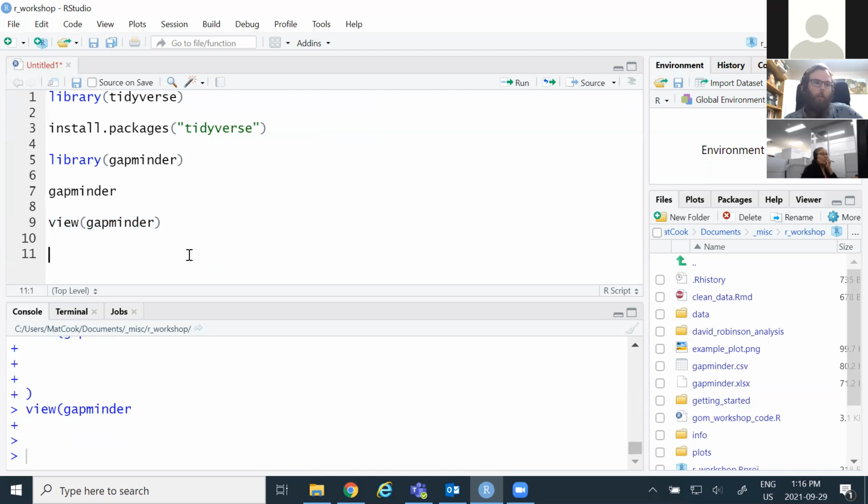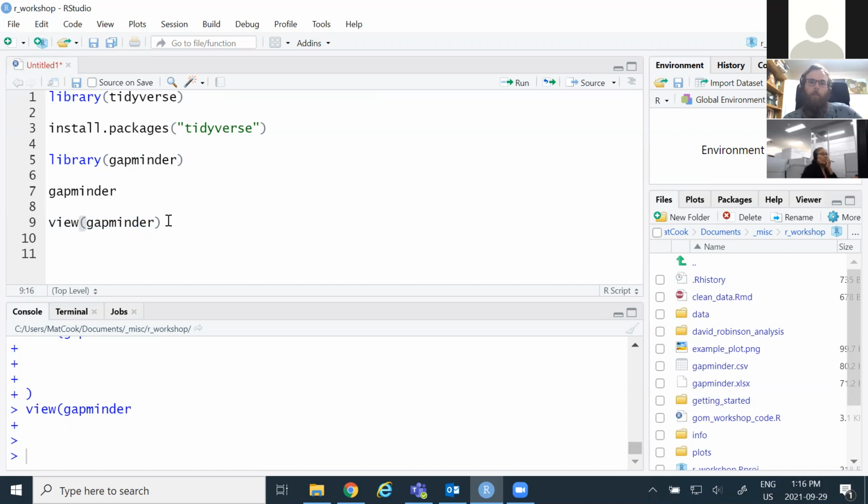But now what we want to do is look at actually analyzing this data set and getting some understanding of it, and doing some analyses and visualizations and that sort of thing. So you'll notice here that we've run some similar looking things. We've run view, and in parentheses we have Gapminder. We've also run this function called library Gapminder, and this is going to be the main form of things that